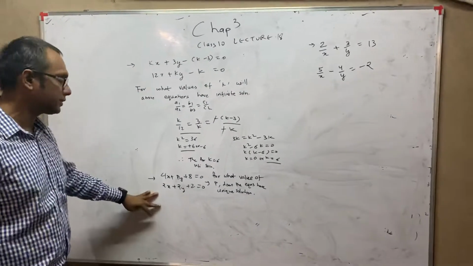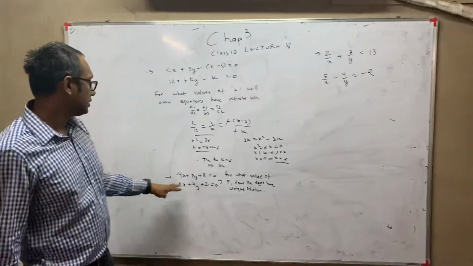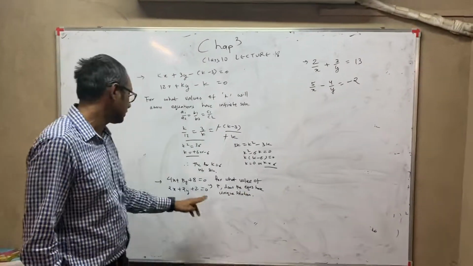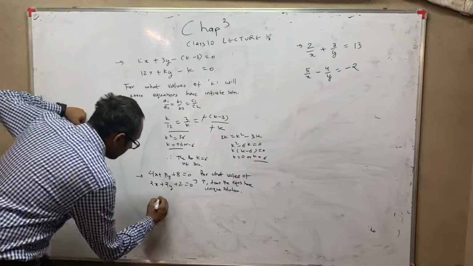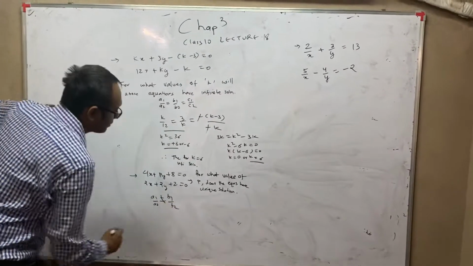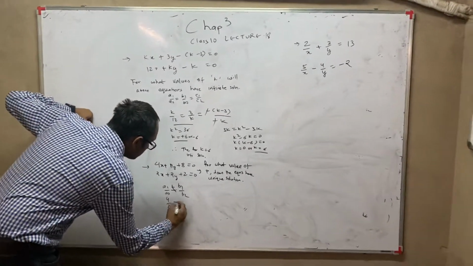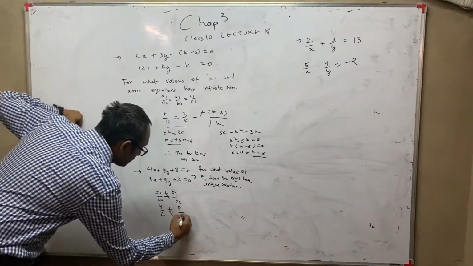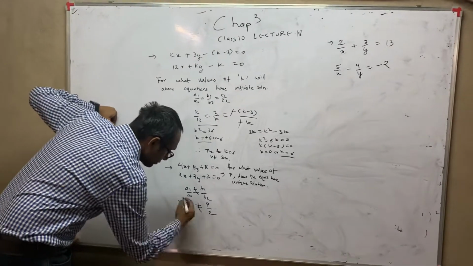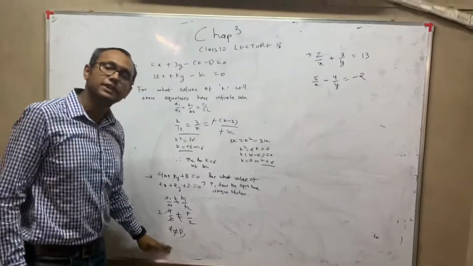Now this is another sum. This is a smaller sum. This comes only for 2 marks. This is very simple. For what values of p does the equations have a unique solution? And they have given the equations. You know, a unique solution is when a1 upon a2 is not equal to b1 upon b2. These two ratios should not be equal. Now just substitute the values. 4 upon 2 not equal to p upon 2. 2 gets cut here, and then this 2 goes here. p should not be equal to 4. Okay, that is the answer, and the sum is finished.